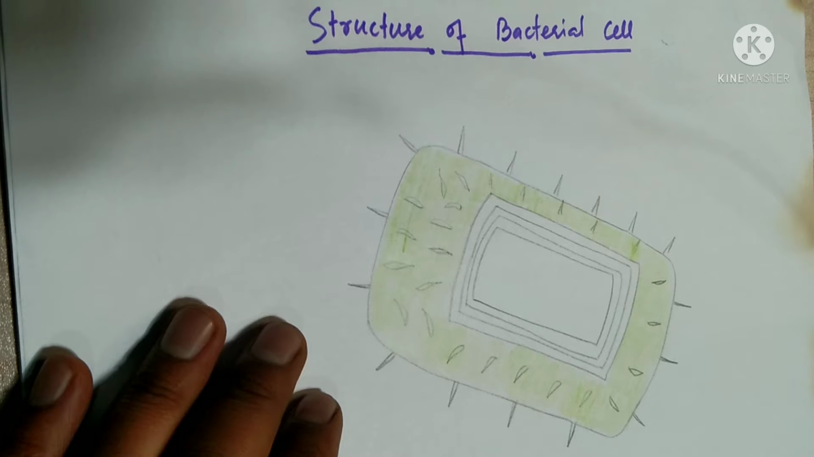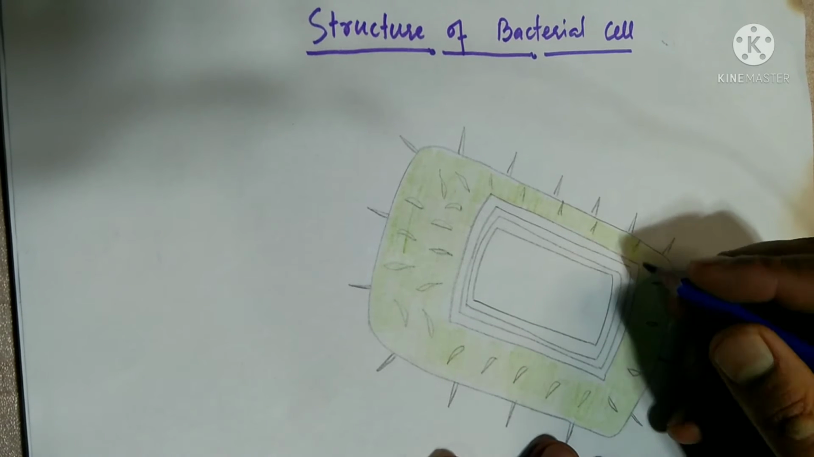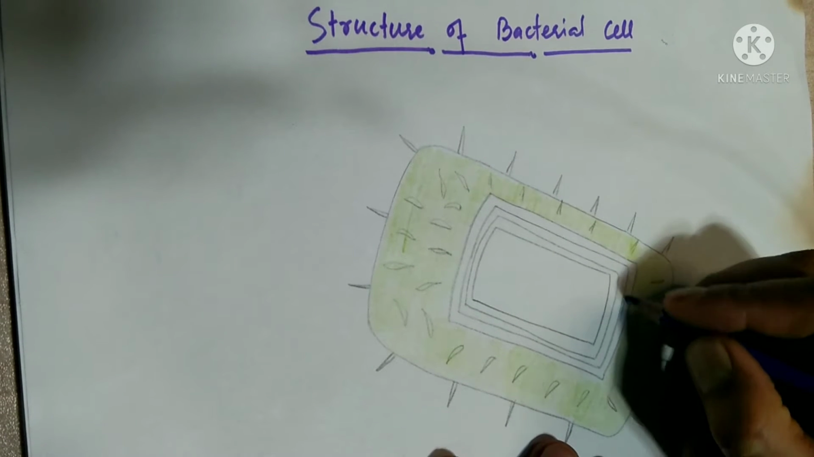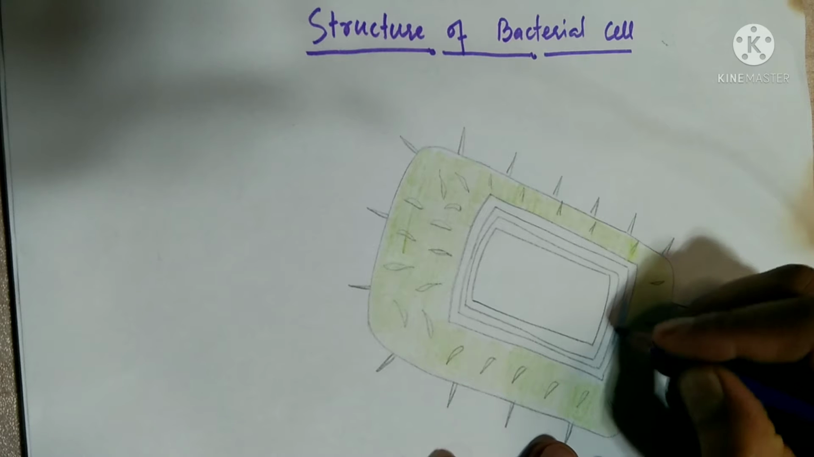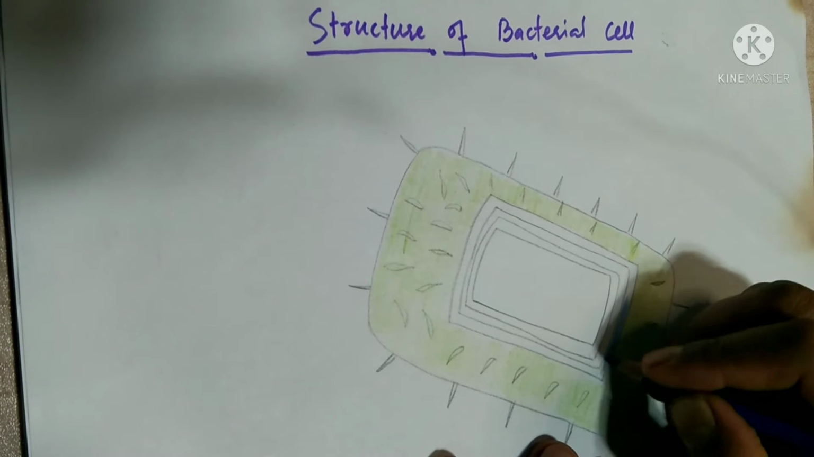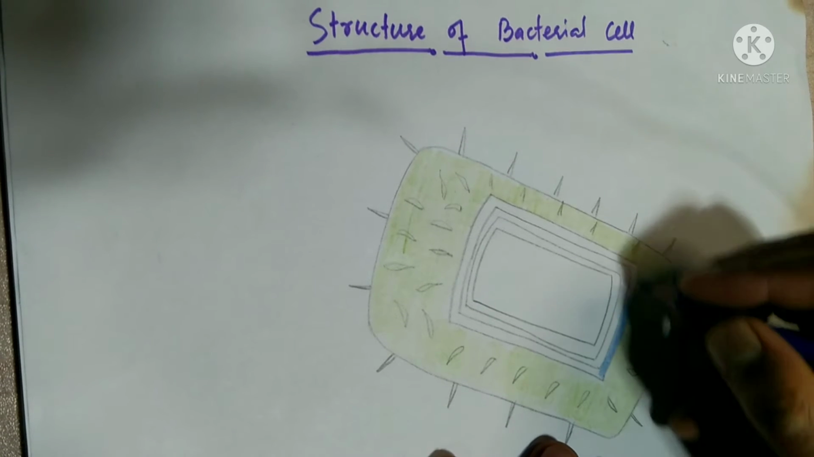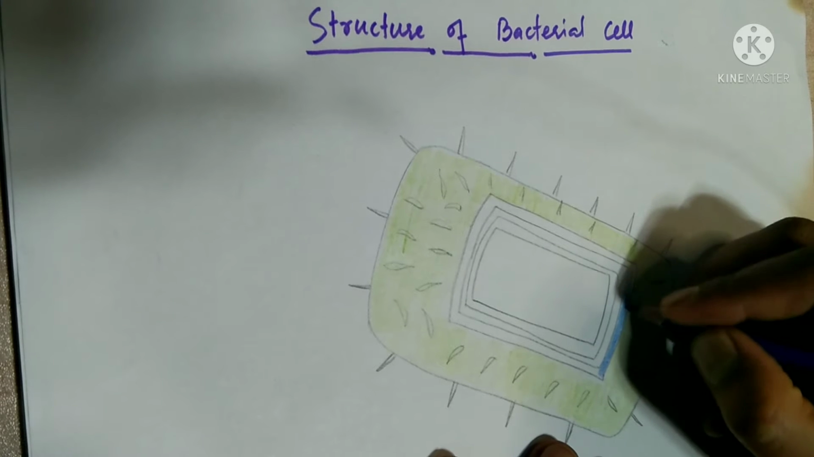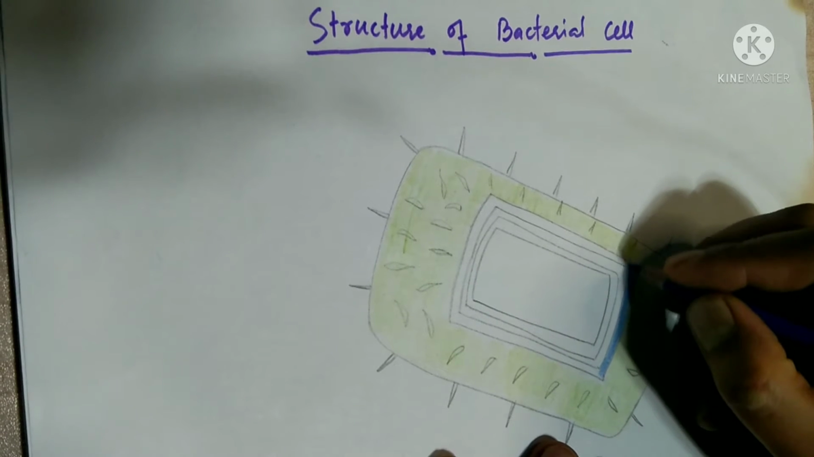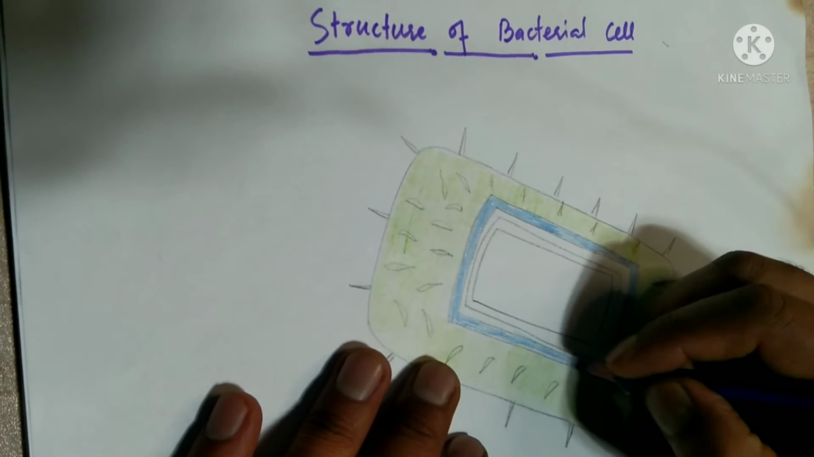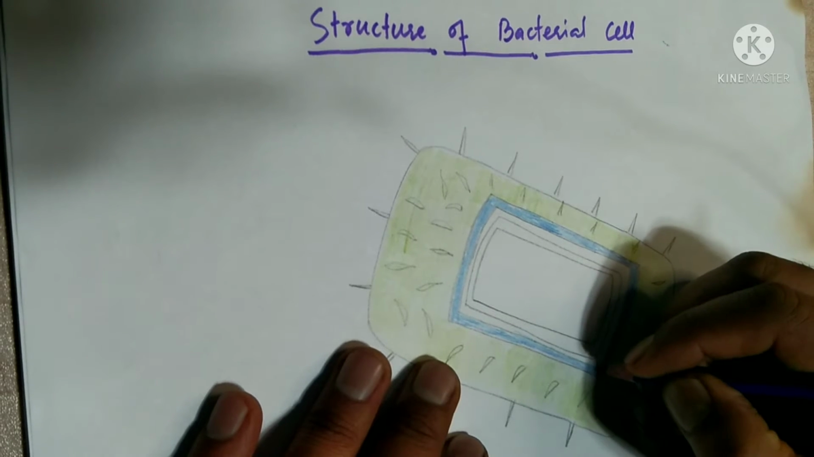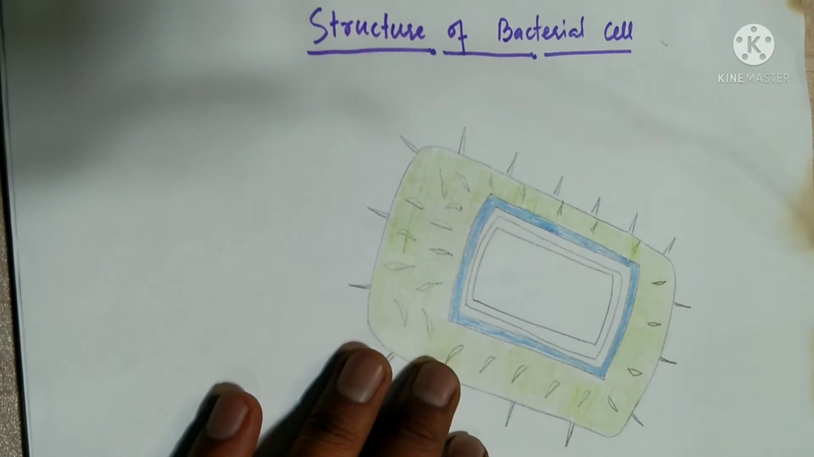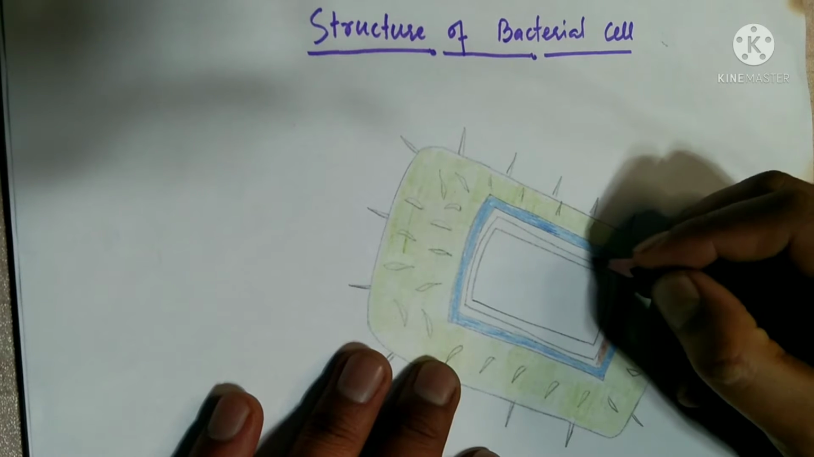Then inner to this there is actually the cell wall. This is the glycocalyx. I'll mark this with the blue marker so that you can distinguish it easily. Inner to this there is a cell wall. Cell wall of the bacteria